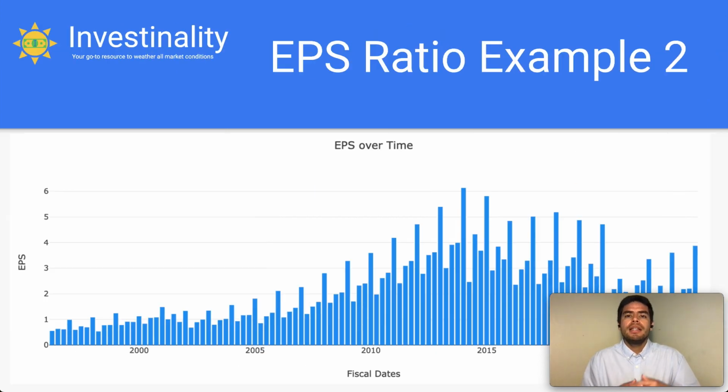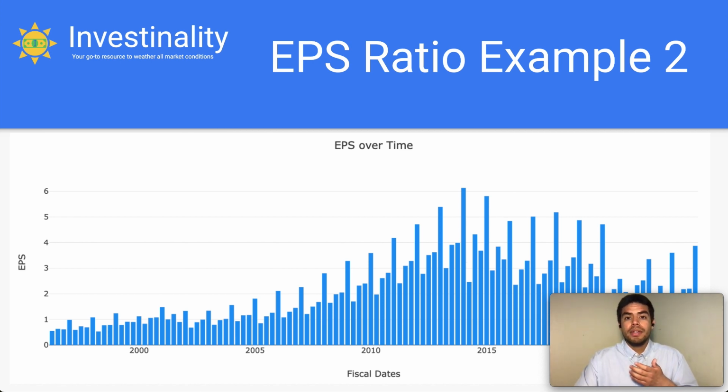On the other hand, let's consider another company whose EPS starts low, around 0.5 before 2000, and it gradually increases until approximately 2014, and afterwards the EPS starts declining. This is a case where we can see a more gradual trend and a gradual change in direction of the EPS. The importance of this is seeing that certain companies have fluctuating EPS, in which case certain years or quarters may tend to be more profitable for the business as compared to other businesses where there's a gradual change over time, making the prospect of a long-term profitable investment more likely.